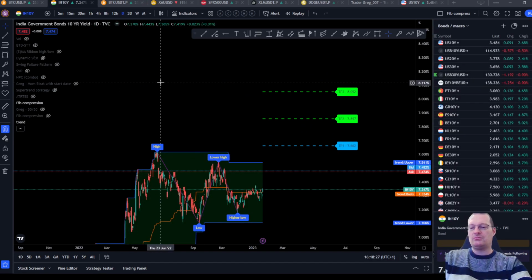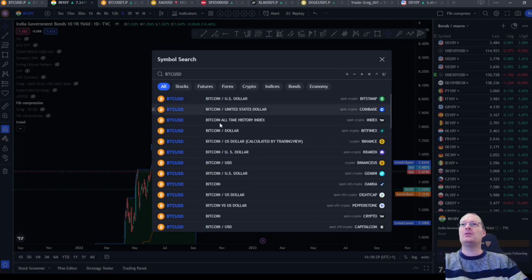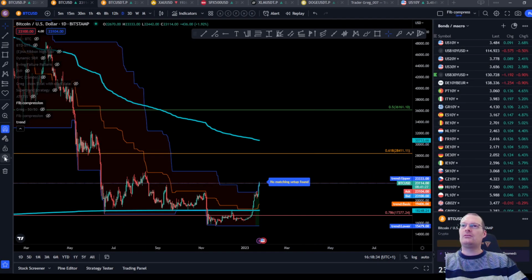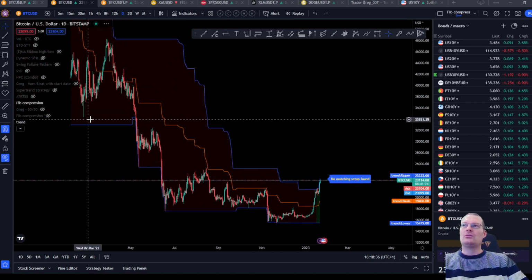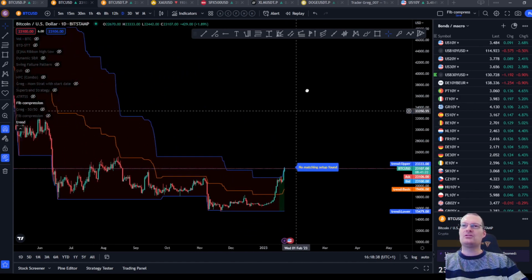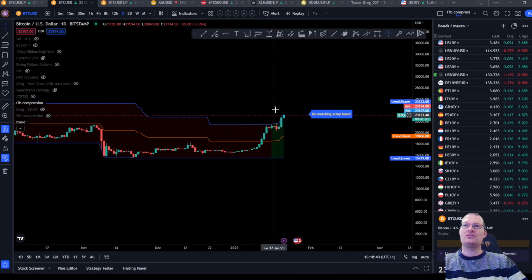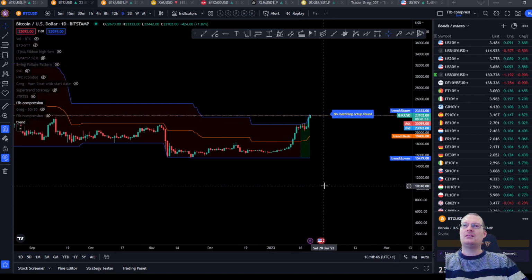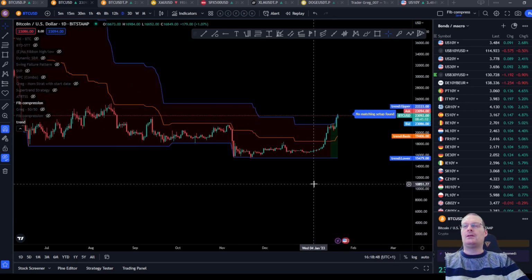And what I also wanted to show regarding Bitcoin is that if I hide the drawings, so looking at this trend again with the Donchian channels, then we can see that a few days ago we did break through. And actually we are now in a bullish trend. So yeah, we're gonna have to see what